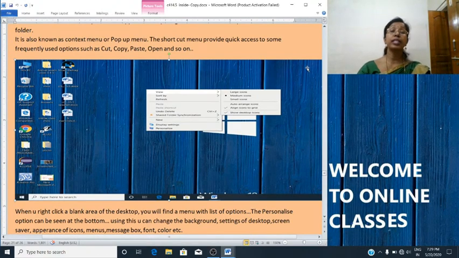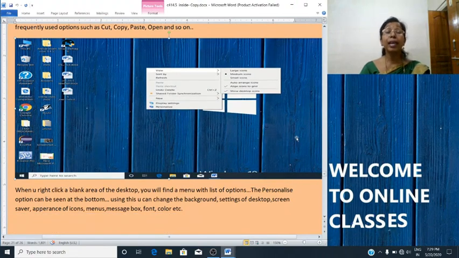You can see here this example. It is the blank area of the desktop. If you right click, this shortcut menu appears. The personalize option can be seen at the bottom.